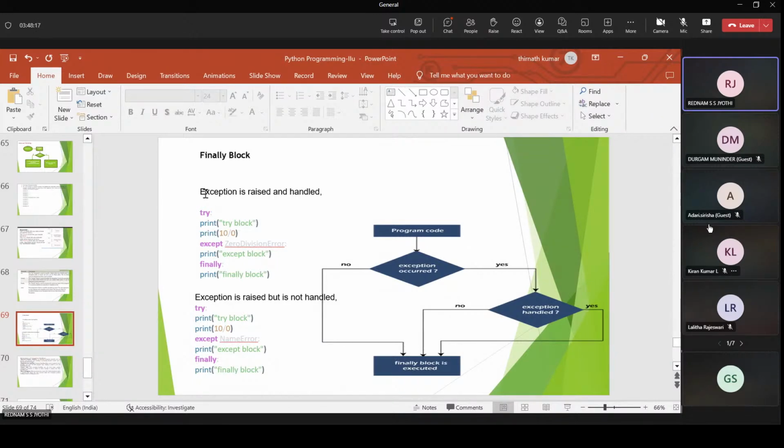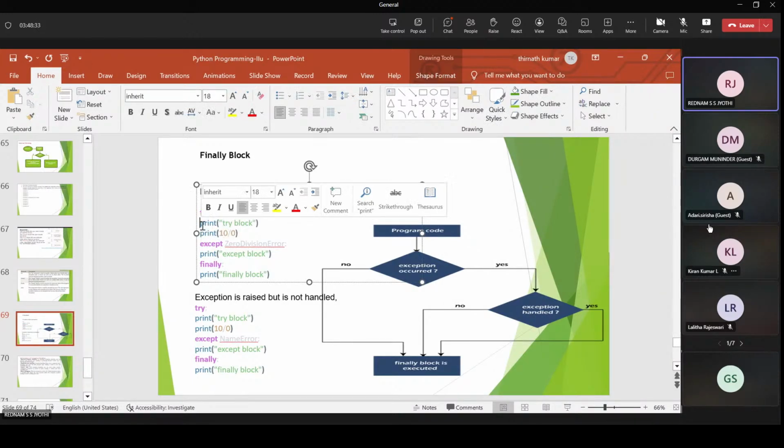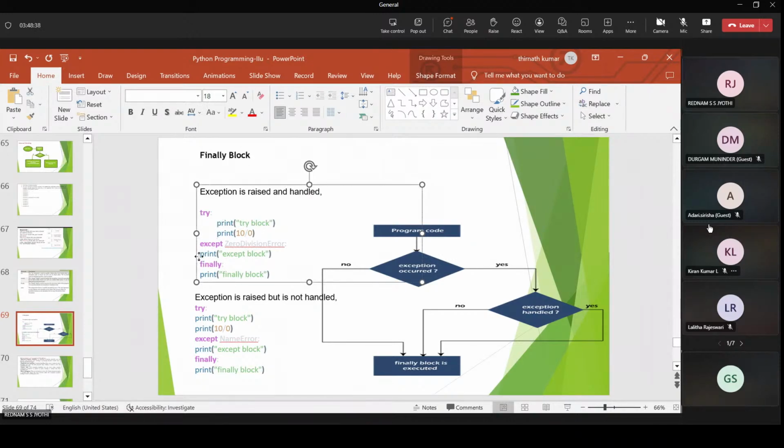Okay, so this is where the exception is raised and handled. There is a try block with print 10 by 0, and except ZeroDivisionError. Maintain indentation. The try block consists of a print statement, 10 divided by 0.